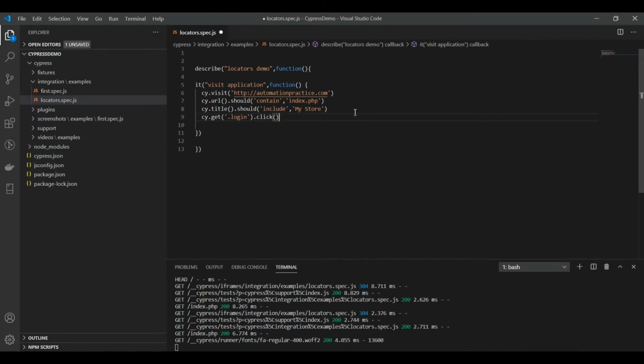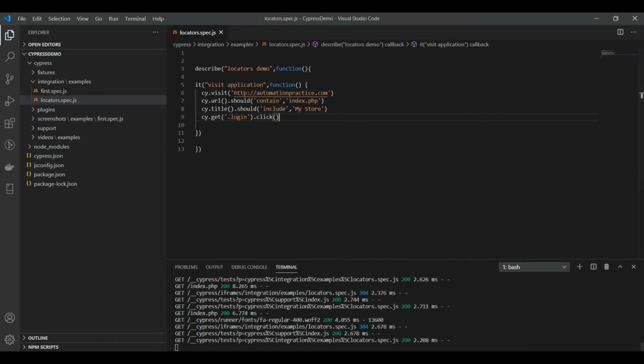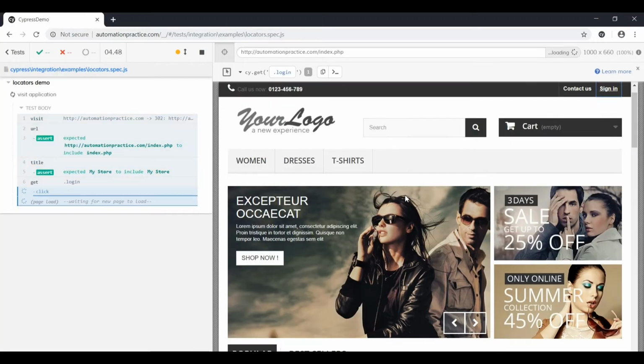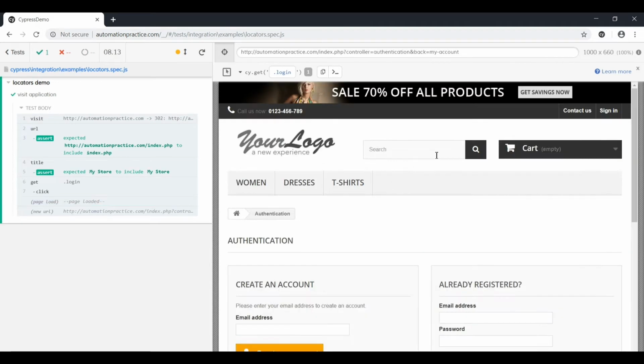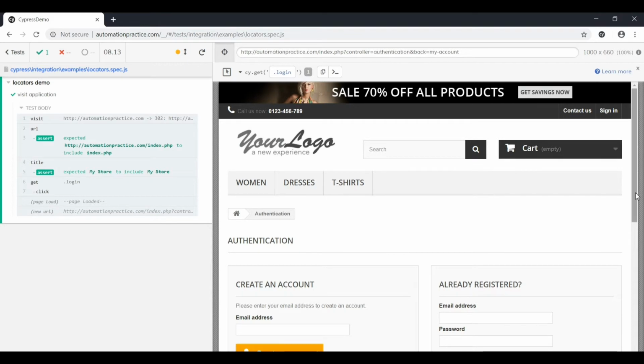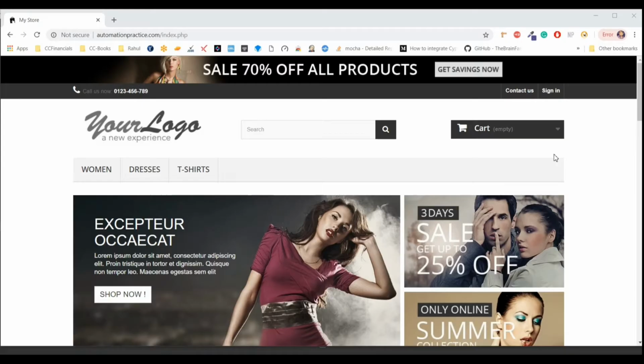So we will try to click on this button. So it has clicked on the button and we are on the login page.